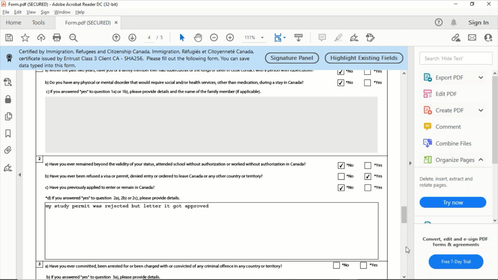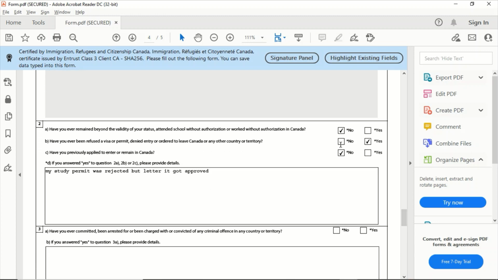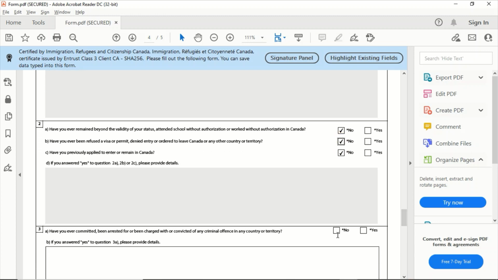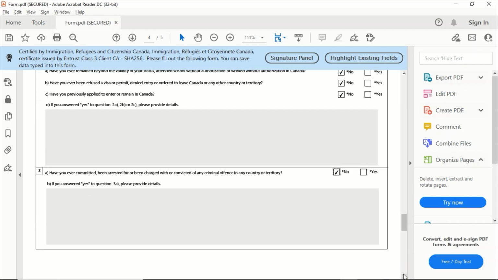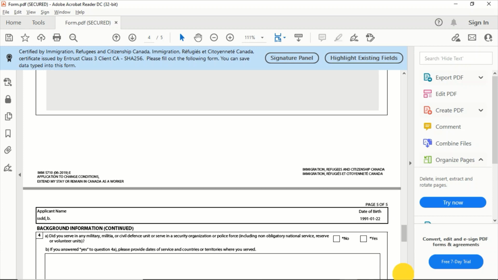Don't forget this. If it was rejected, mention it; if not, then say no straight up. Have you committed a crime or something? Say no. Obviously, if you have committed one and have not received a pardon, you won't be in Canada for sure.